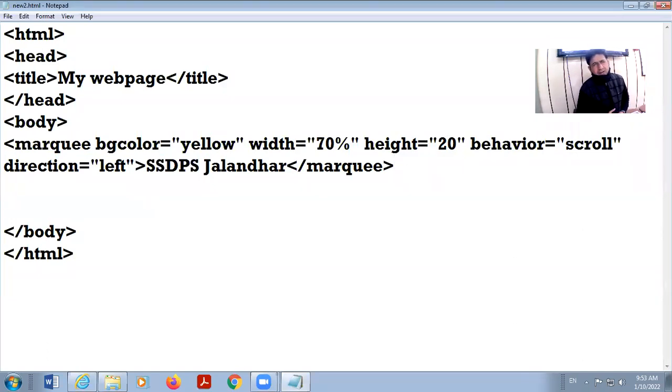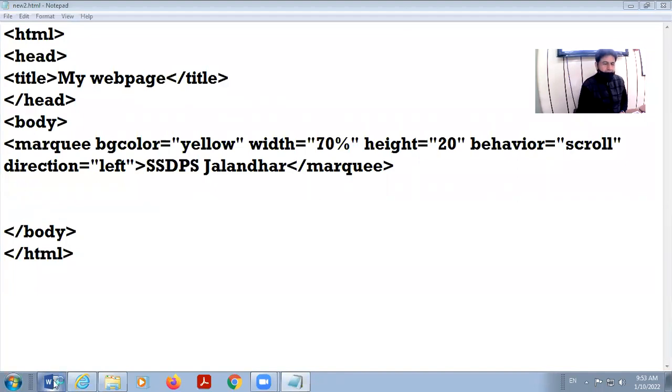We know that a table is a collection of rows and columns. The vertical arrangement is called a column, and the horizontal arrangement is called a row.